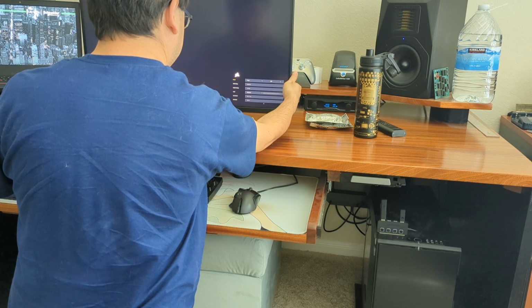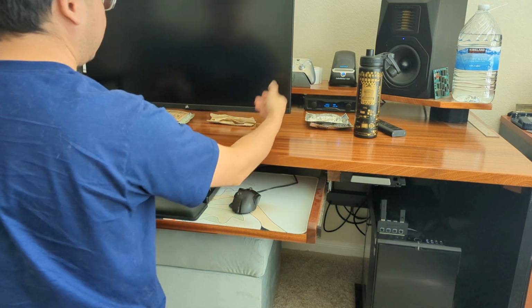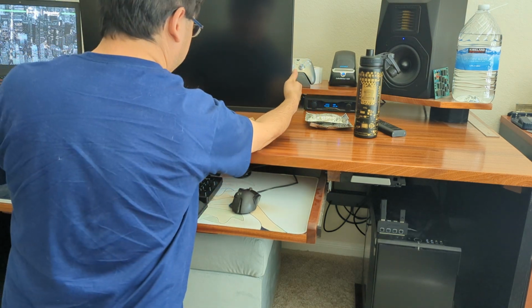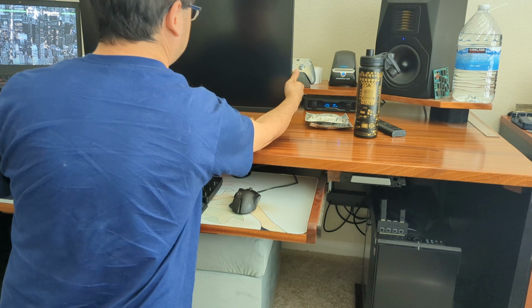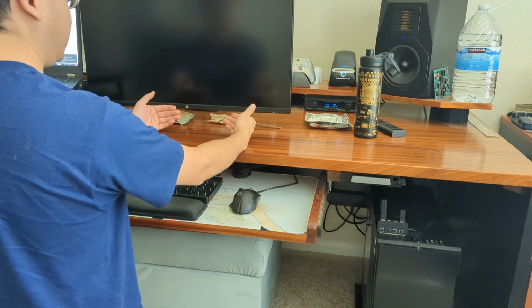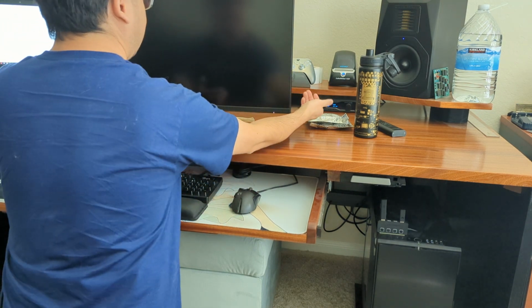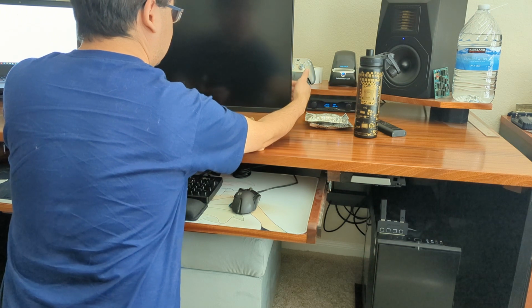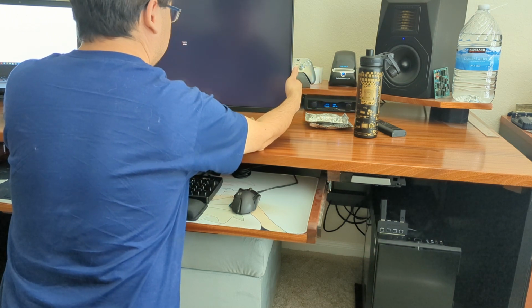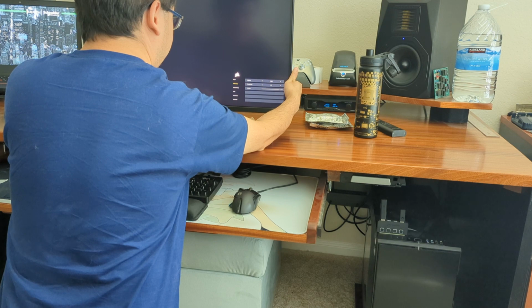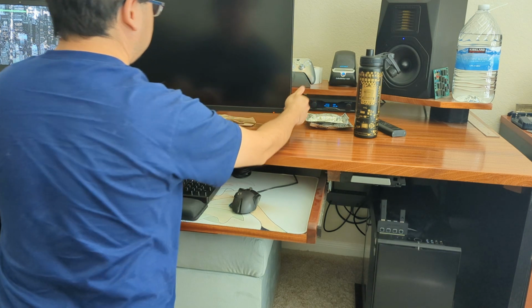I need to switch it to the USB-C input somehow. So I'm trying to bring up my OSD and switch it. Oh, well, there goes my OSD. So it only comes up for that brief second. I'm trying to switch it to the USB-C input because it's on manual source detection, but I can't because it closes the OSD so fast, even though it's set to 60 on the OSD. So I'm trying to bring it up as fast as possible so I can switch to, oh, there's no way